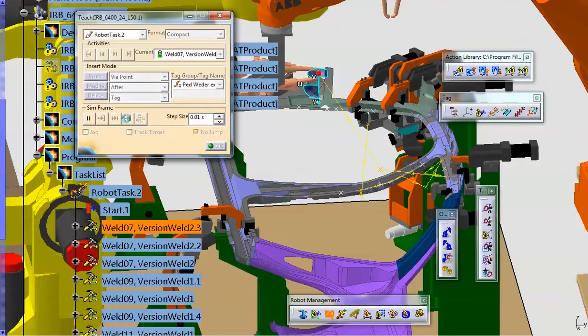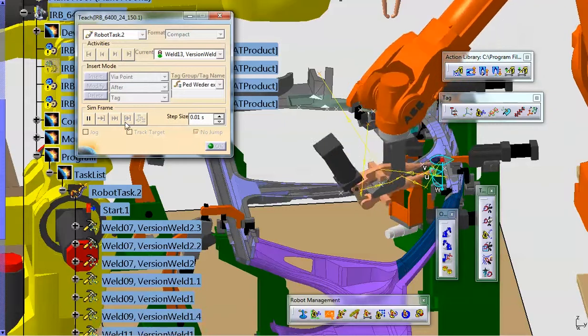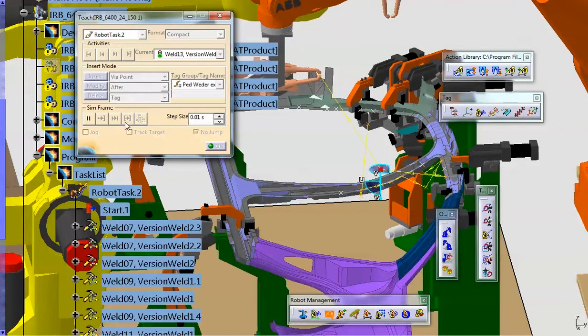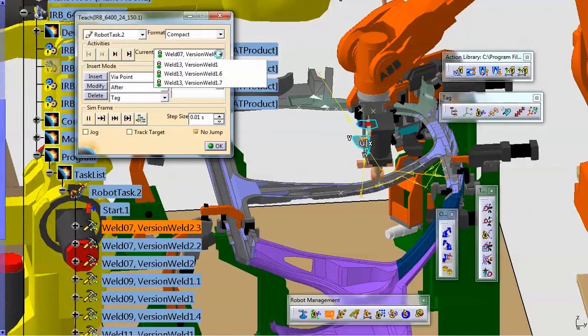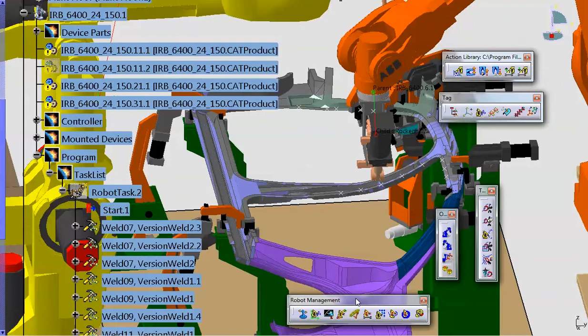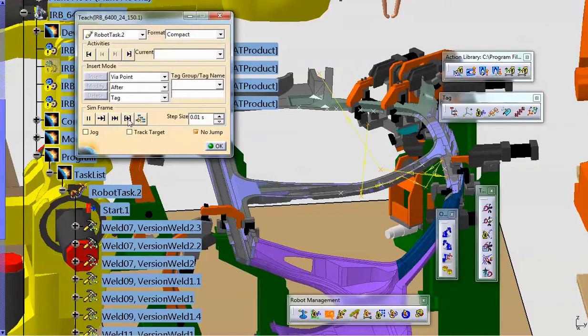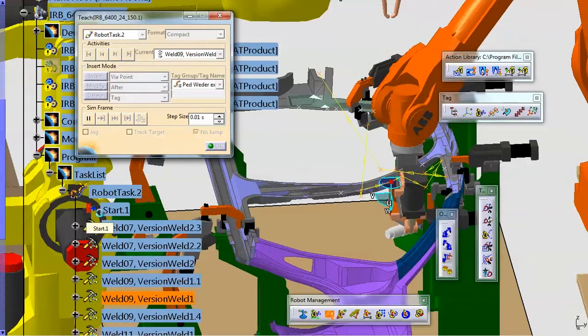And as we're doing this, you'll notice that in the tree, the PPR tree on the left, these additional movements are being added into RobotTask 2. And they're being assigned some default names, which aren't necessarily that easy to interpret. So in a short while we'll go and improve that a little. So let's just check that our RobotTask is working. And in comes the robot, pounces down, approaches, backs off, welds, backs off, welds, backs off, and goes back up